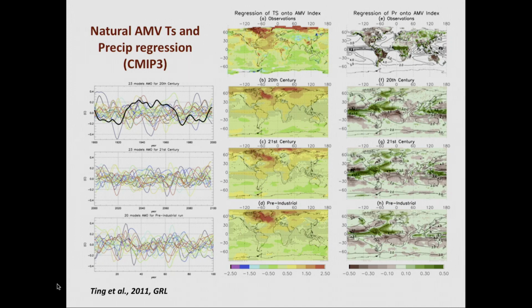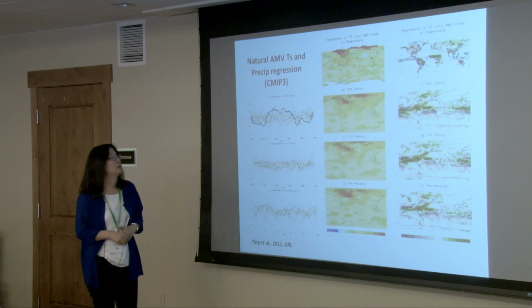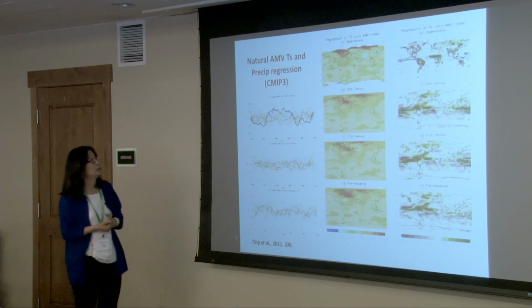And in the earlier study, we looked at the observation and model connection between AMV and the hydroclimate. And what's shown here, interestingly, is based on CMIP5, the set of models that we looked at. What's interesting here is that in observation, you see a very strong dry condition in terms of precipitation over North America, whereas that's not clearly shown in the models. So models are underestimating the dry condition associated with the warm phase of AMV,